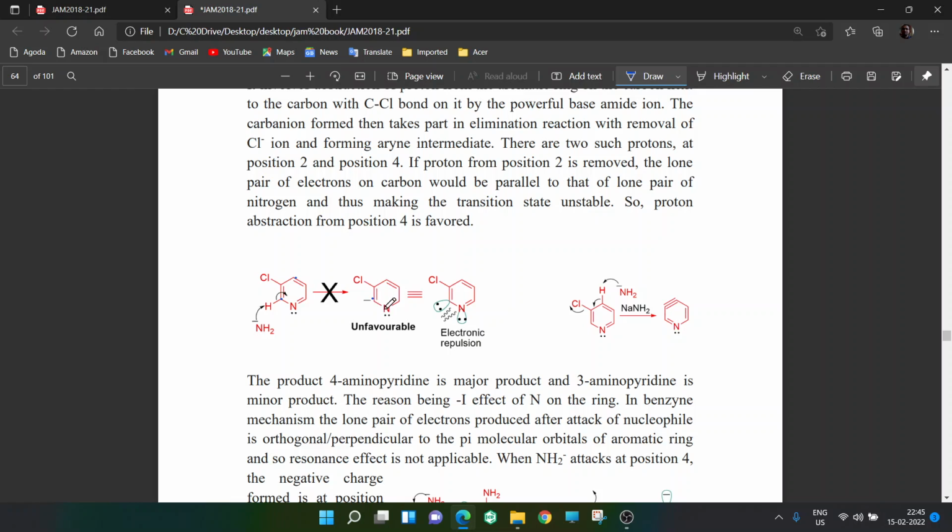This negative charge is next to nitrogen. See, a negative charge is basically a lone pair of electrons, and nitrogen also has a lone pair. So they face a lot of electronic repulsion. So this is unstable; this does not happen. So what happens is this NH2 minus takes the proton from here, and then this leaves, and you get